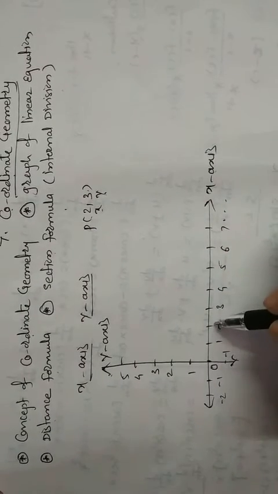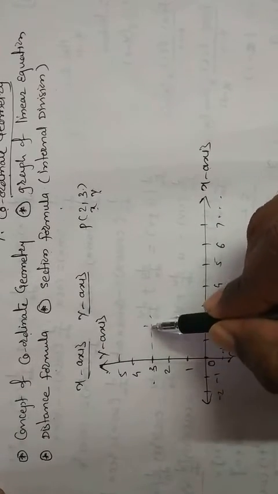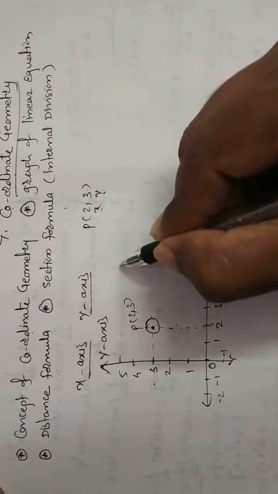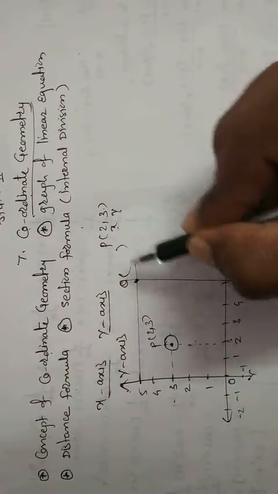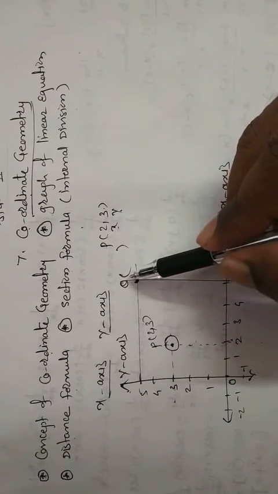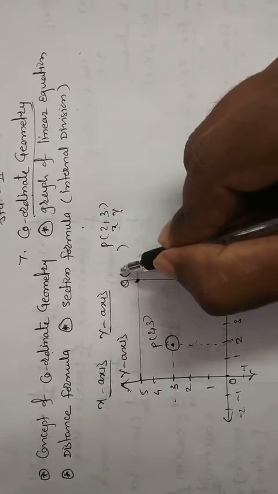So on the x-axis this is 2, this above line, and what is the 3? That is 3. This is a vertical line. So this is called the point P (2, 3). Same as, let here the point be, suppose this point, on the line, is 5, 5. This is suppose Q. So what is the coordinate of this point? So take it Q. For x-axis it is 5, and for y-axis it is 5. So first always on the x-axis, that is (5, 5).